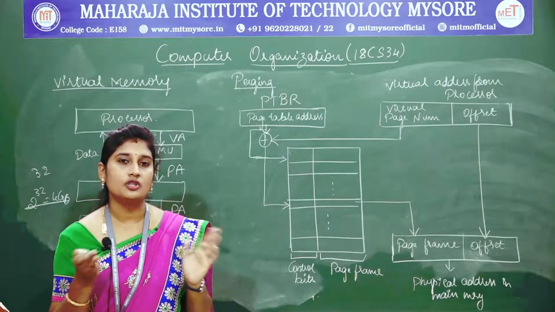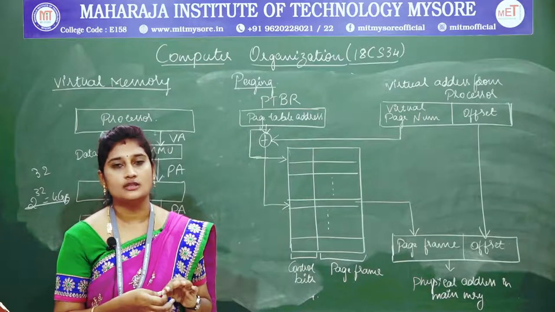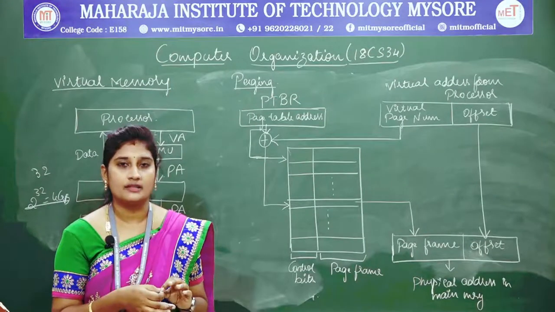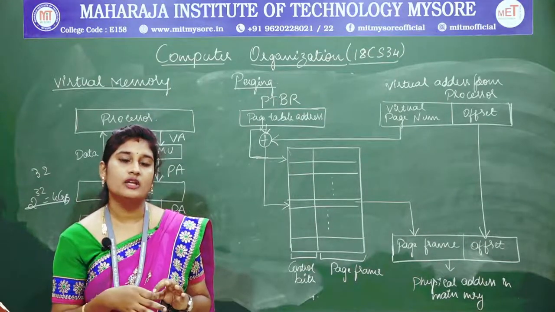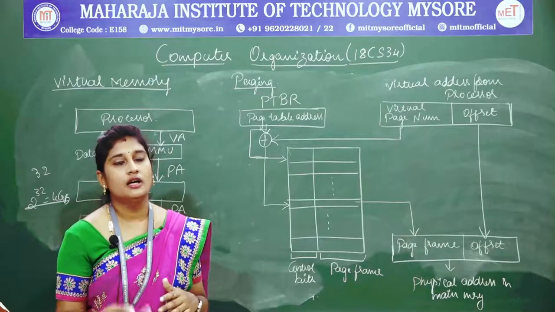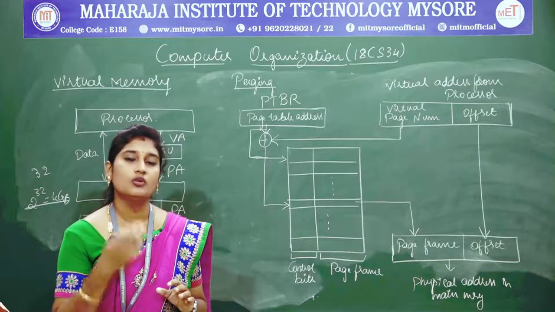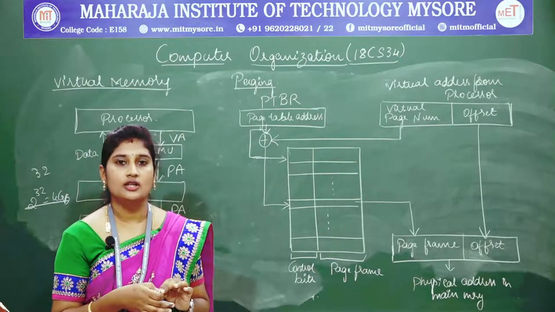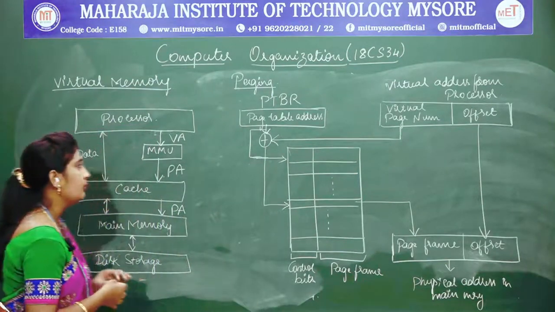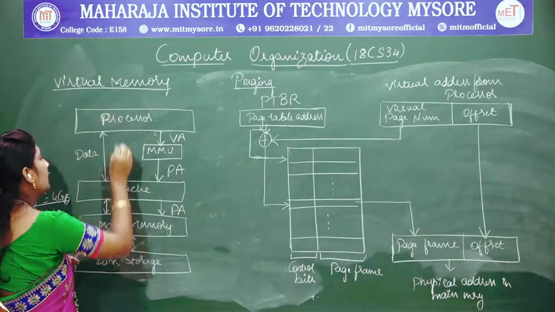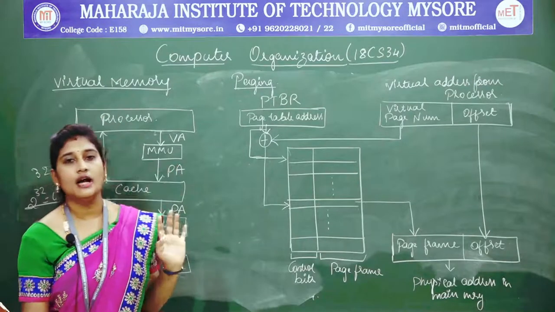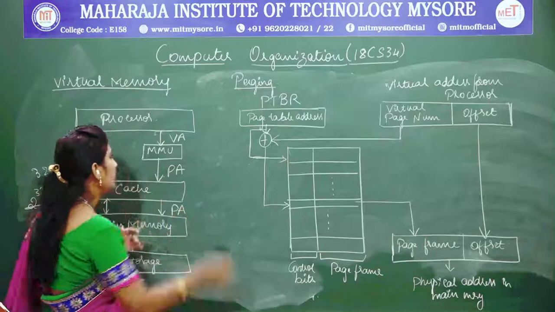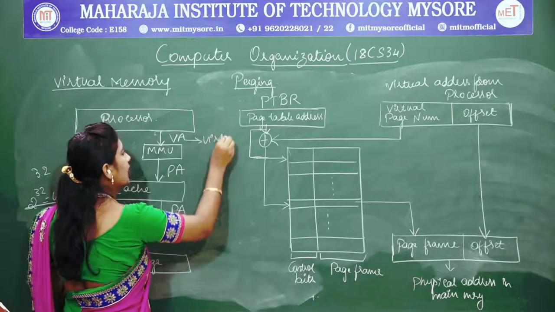It does not actually run through the execution of the processor; it is a separate memory module, apart from the execution. The data which is frequently or most consistently used will be stored in the main memory, and the remaining data will be pushed onto the virtual memory. Whatever addresses are generated by the processor, you will call them virtual addresses.